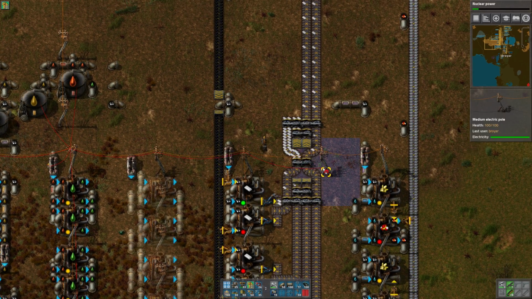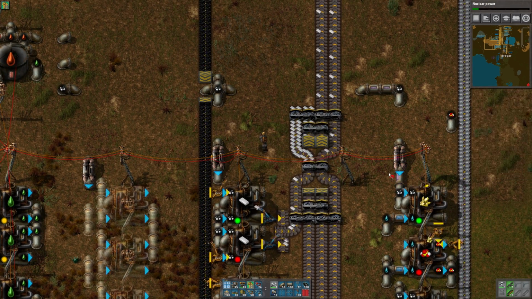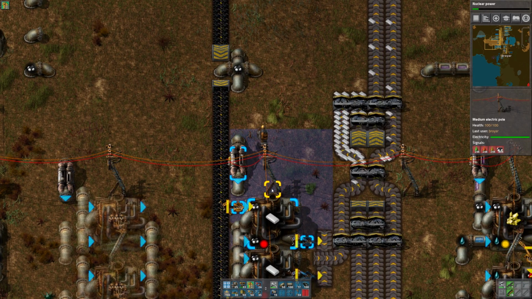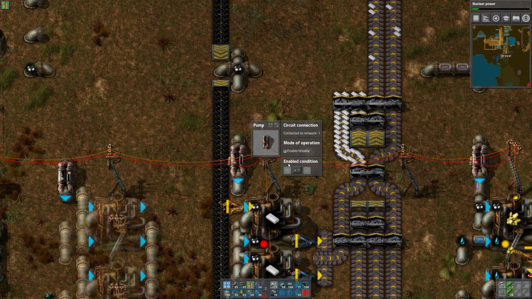Just drag our way across these things. It's going to be fine. All right, so you can connect there. You can connect there. All right, so you should be able to see everything. Yes, you are. So you should only pump if